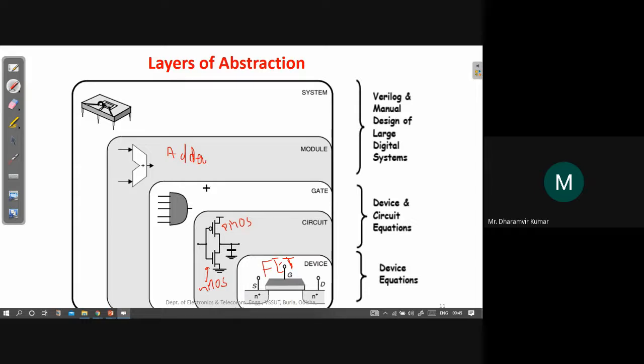Now we have different kinds of modules. To make a whole system out of it that performs a kind of function, that is the system, the topmost layer, we will need several such modules: adders,